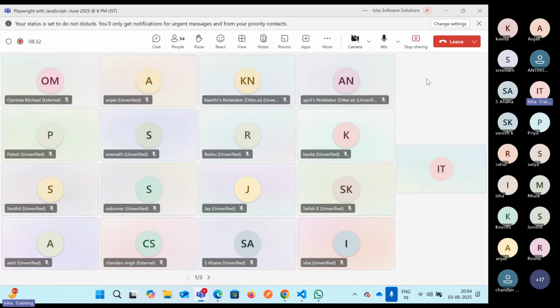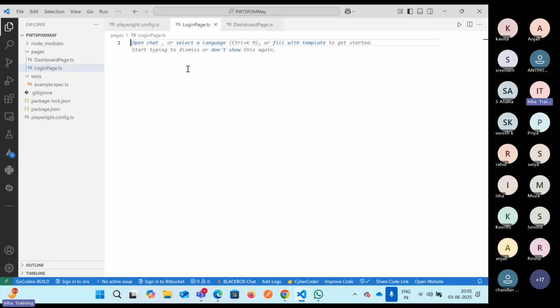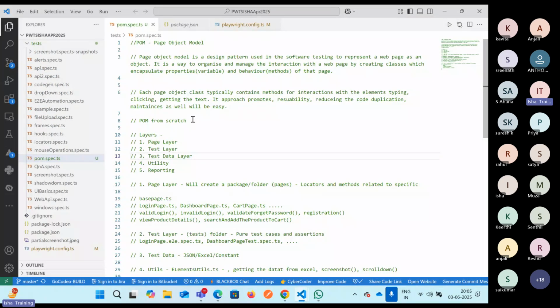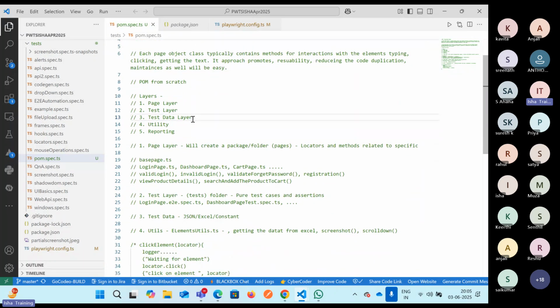If you're not understanding, it is also fine. Anyways, we'll be covering it in our session as well. But this is again to just see how we create a framework over here. Now, in our previous session, we talked about generally what is page object model, how do we create it completely